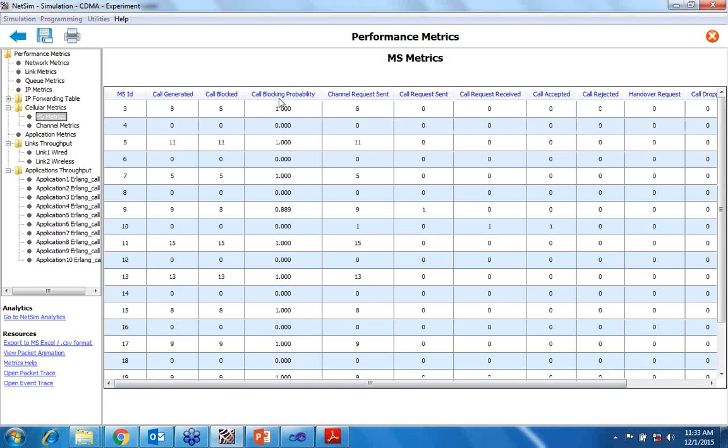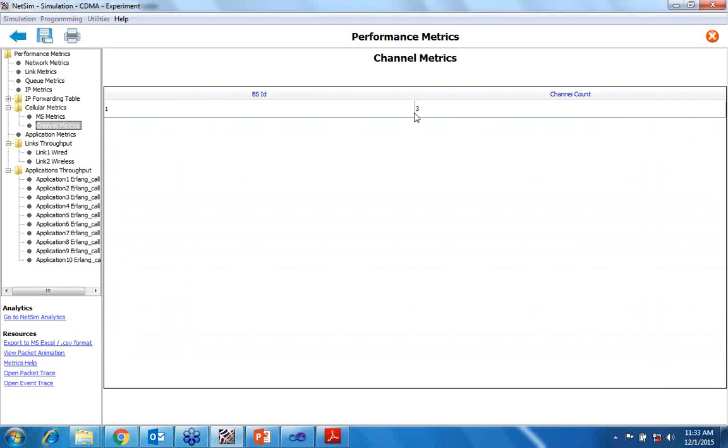So we can add this call blocking probability to get the overall call blocking probability of the network. So what we will analyze is channel count, how it will increase after decreasing the voice activity factor. It is 3 when we have set the voice activity factor as 1. I'll just show you 2 or 3 examples. After that, I'll show you the graph.